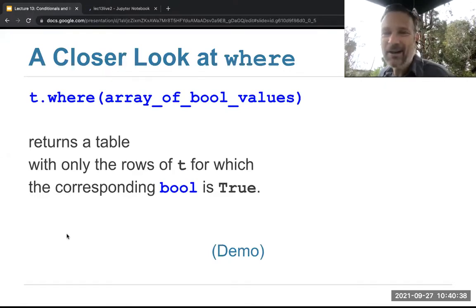We previously saw how to use the where operation to select some rows in a table that match some condition. You can also use the where operation to select some rows if you have an array containing trues and falses with one item per row of the table. And then the trues, it'll select the rows where that array has a true, and it won't select the rows where that array has a false.